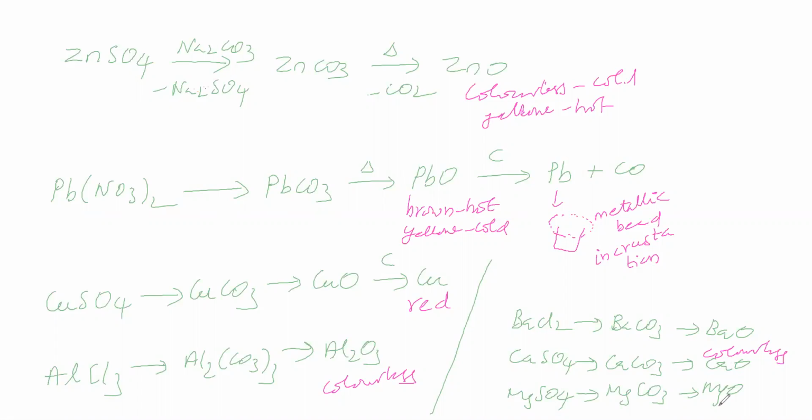If we get a colorless residue in the charcoal cavity test, then we can proceed to the cobalt nitrate test. If the residue is colorless in the charcoal cavity test, then it is taken to the cobalt nitrate test. How to do the cobalt nitrate test? That we will see.